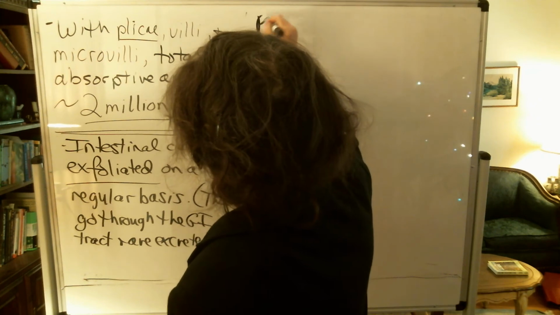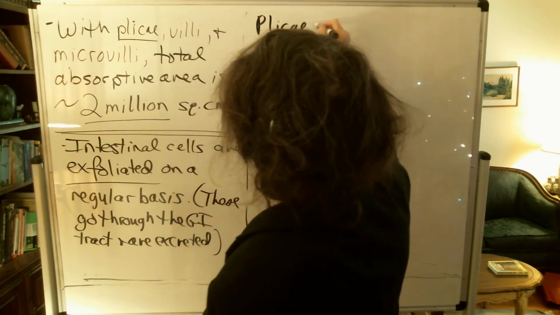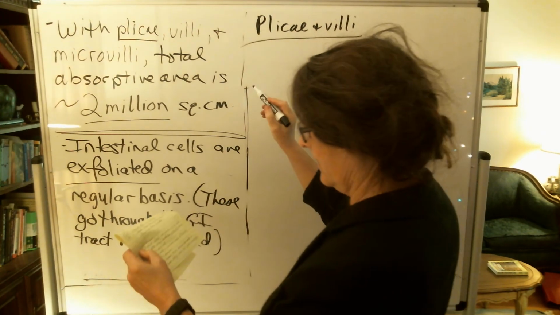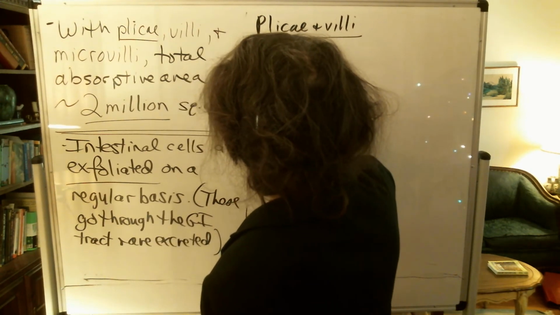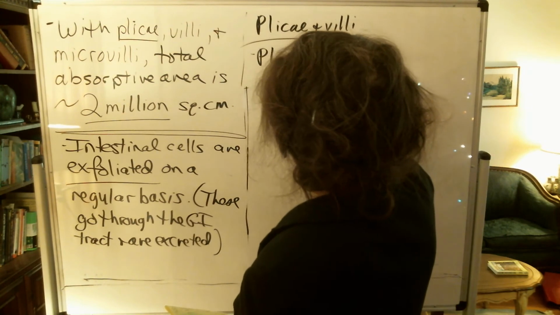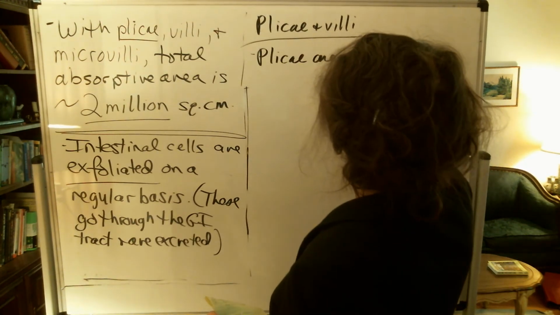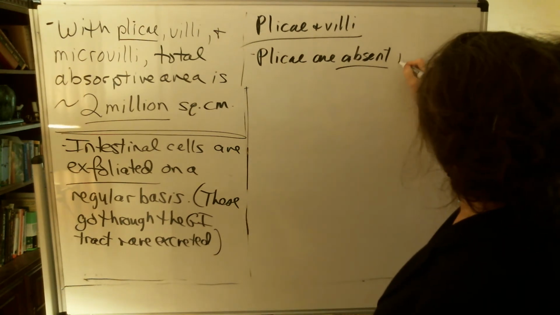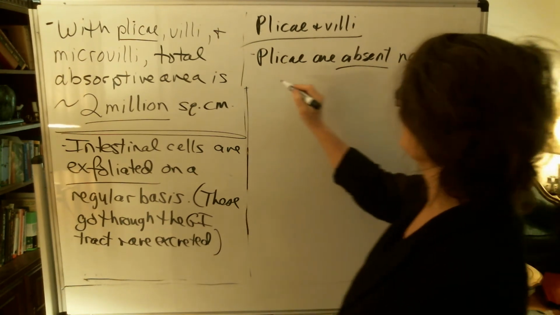So, the plicae and villi then, first of all, plicae are absent near the stomach